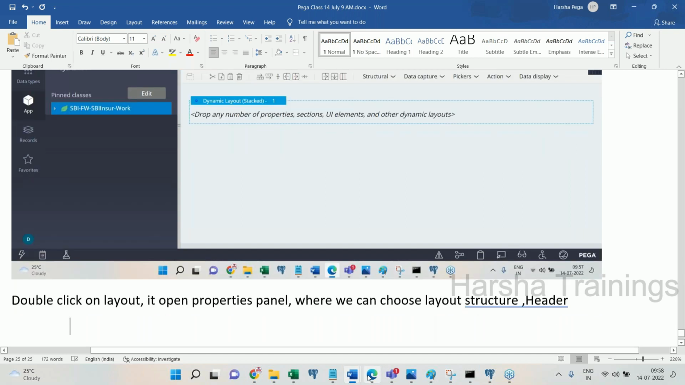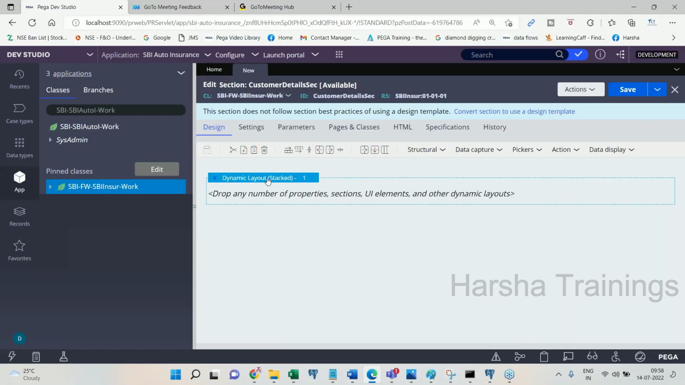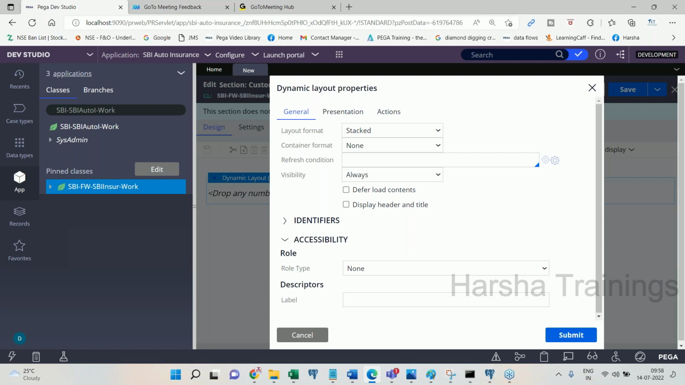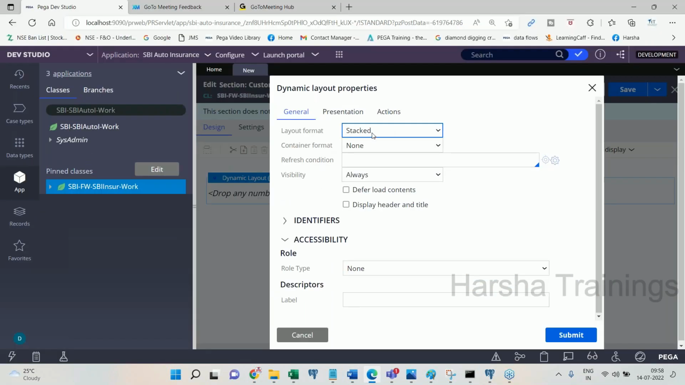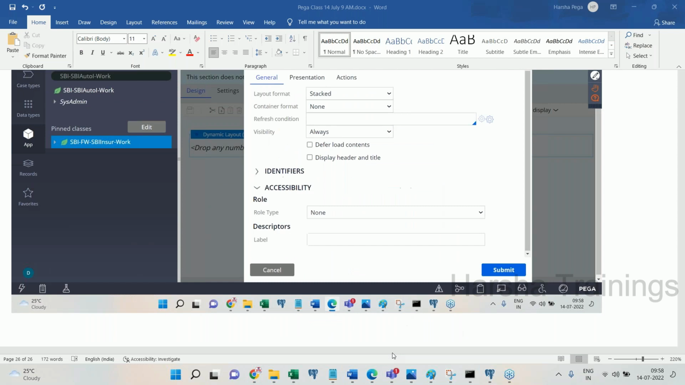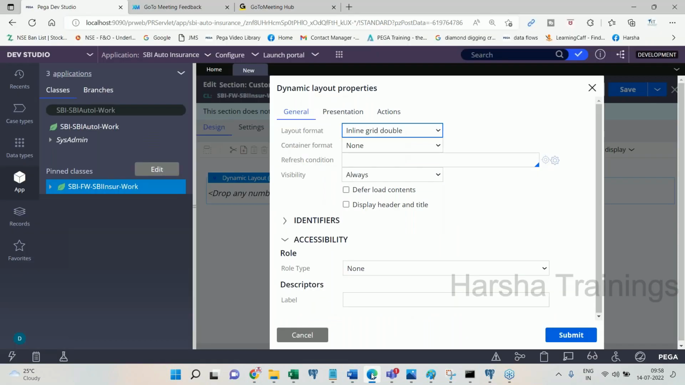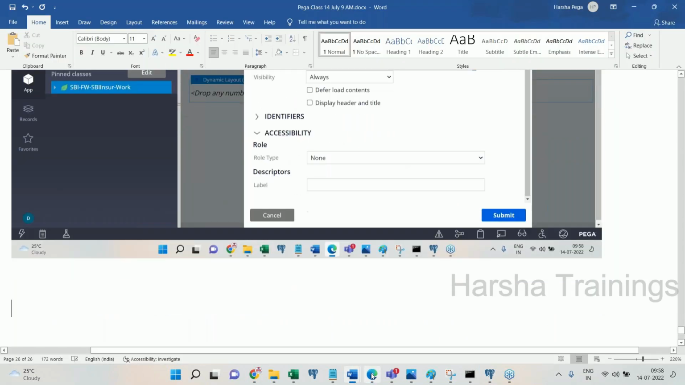Okay. So where is the layout? This is the layout, right? Double click on it. And this pop-up is called the properties panel. I already showed you some time back. I want to go with inline grid double. So choose inline grid double. And after that, select the option